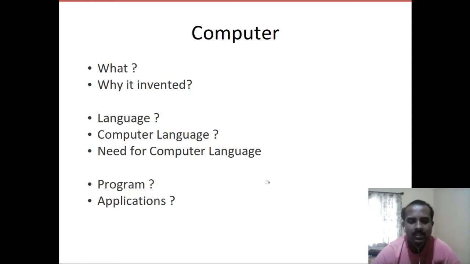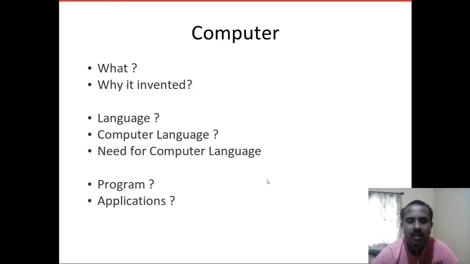It is used to communicate between two people, and it has its own grammar and rules. Before communicating, we have to know the rules or the grammar of the language properly. After knowing that only, we can start communicating. So, language is a set of instructions used to communicate between two people.